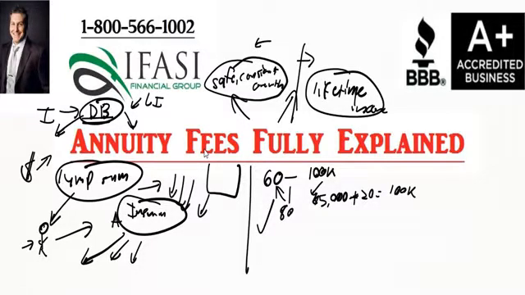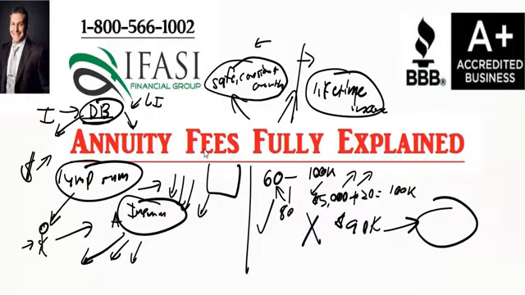Where it's a negative is when this individual only lives for a couple of years and then they pass away. So let's say they've only gotten paid out two payments of $5,000. Well, now you have $90,000 that got left over, and the insurance company gets to keep that money. So they were able to invest this full lump sum, utilize their actuarial data, and then control how much income is getting paid out. With that type of annuity, what I just explained is the old traditional type of annuity,